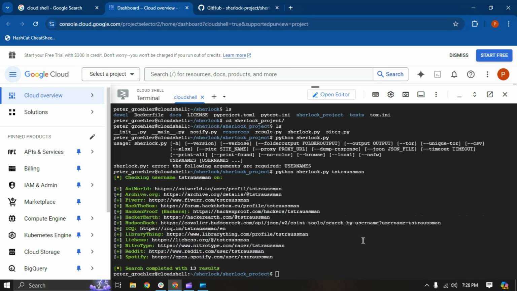Okay, so we're back and we let our tool run for about 5 minutes. It takes a little bit to go through all 400 sites and look for active usernames. But here we are. It looks like we have 13 results. Now, does that mean every one of these results is your target? Not necessarily. It simply means that someone is using the username on that site that we provided to the tool,